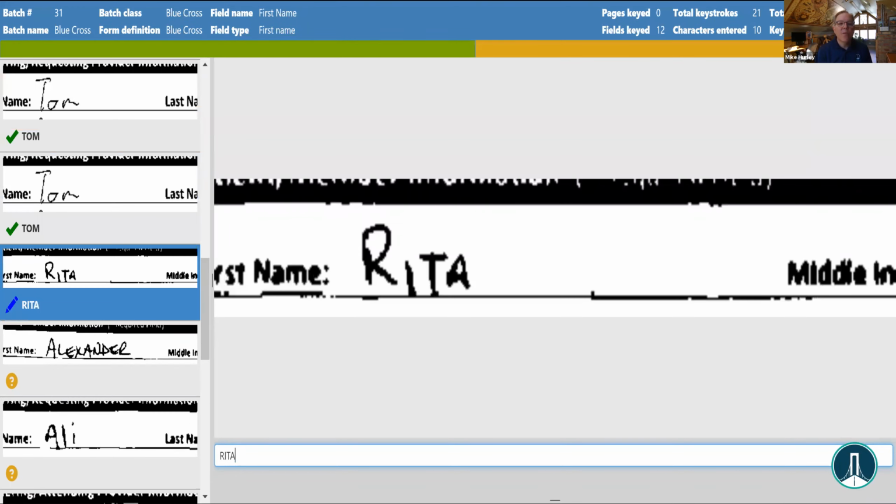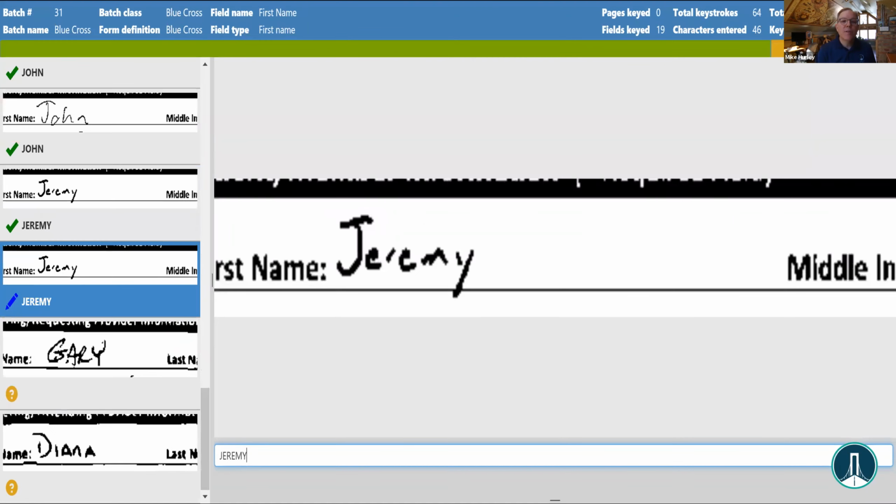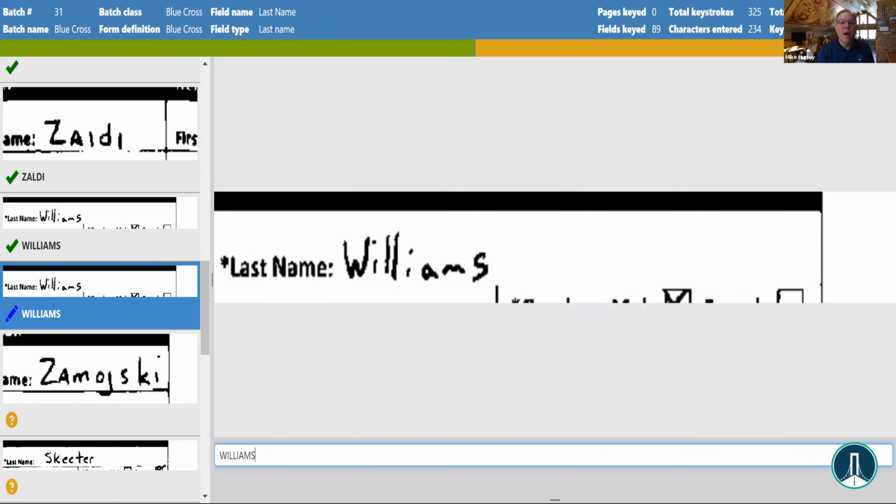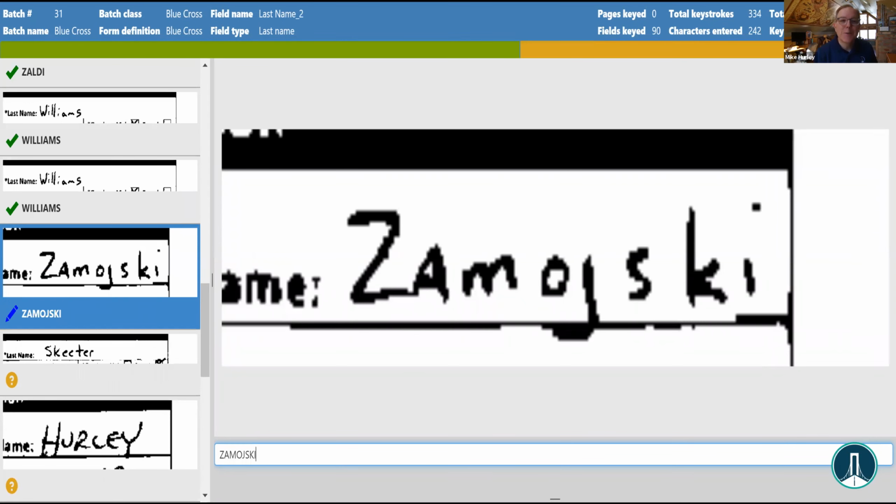And if I hit through, you see that even though this information is hand printed, I'm able to go through it by just hitting enter because it's getting the information correct. Just to give you an idea, on screen here's the image and here's the data that's being read. So you see that we're going through. I got Williams. This is my doctor, Dr. Zamoyski. It uses US Census data to find first and last names that are common and checks against that to make sure that it improves that data.